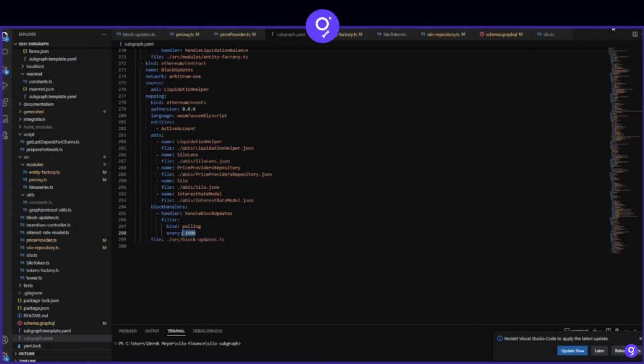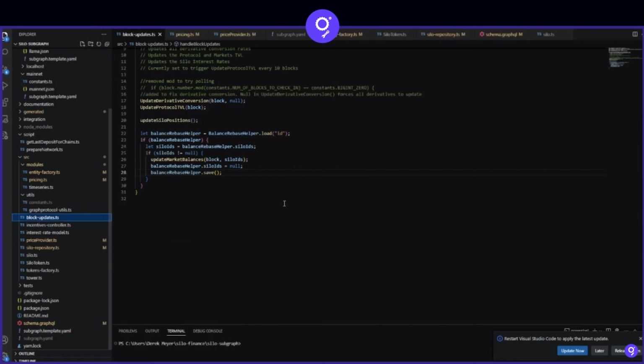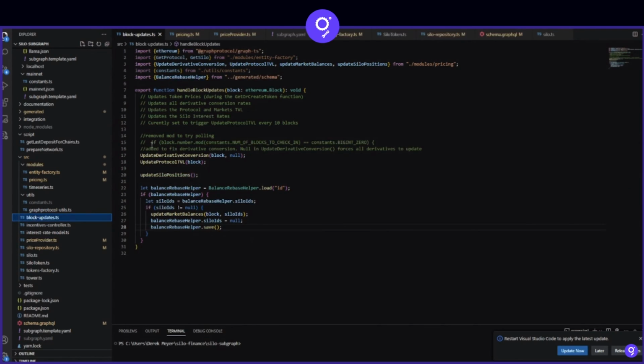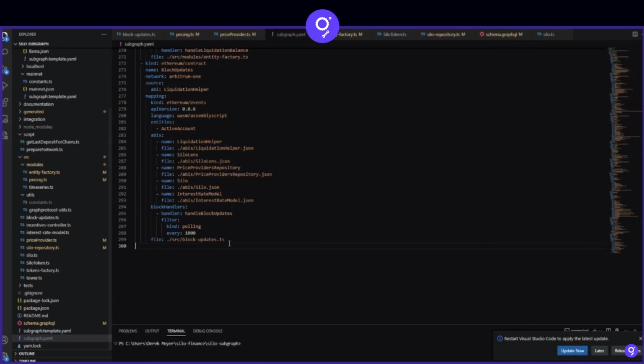Which ends up being like 5 minutes because their block speeds are super quick. So that's an example of how you can use block handlers, and all in all, it'll help you sync a lot faster, and it's a lot nicer rather than inside the code base itself. You don't have to write all of this if block number, modulus, number of blocks to check, blah blah blah. You can just instead know that the manifest is doing the lifting for you. So that's